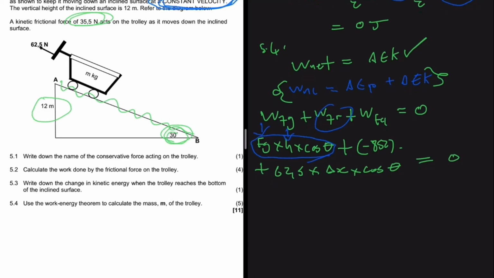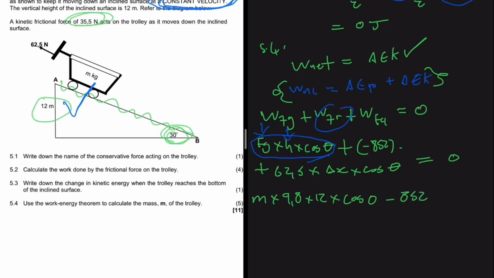So what is Fg? Fg is the mass multiplied by the gravity, which is 9.8, and then the height is there on our sketch. We know that is 12 meters. What is the angle between Fg and the change in the object's position relative to the height? That angle is 0, so we have cos of 0, because gravity is pulls the object down, and along the height the object is going down. So that angle is 0, and then minus